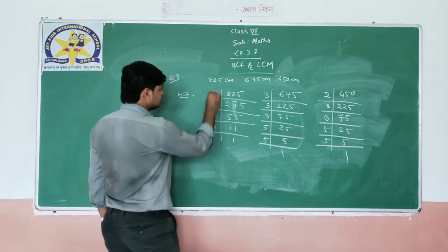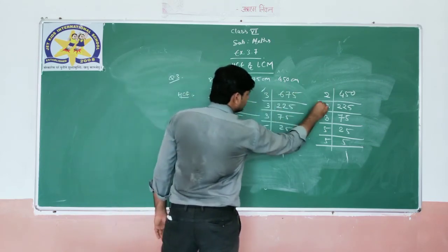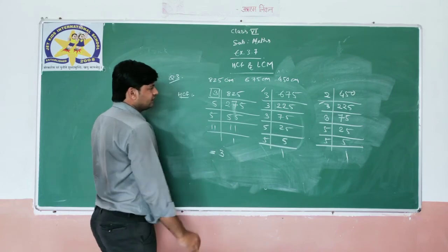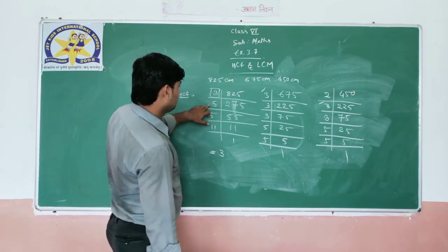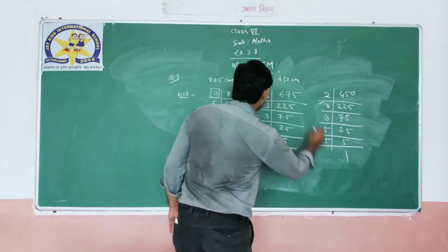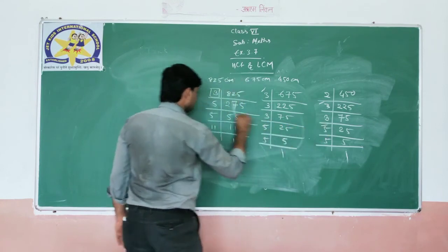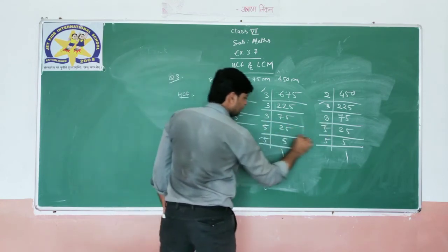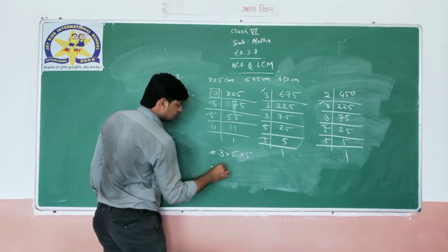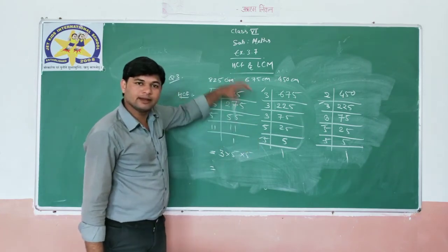Now, time for the HCF. 3 is common in all. 3, 3, 3. Okay, first 3 is done. Now 5, 5, 5: 2 times 5 only. Now the next 3 is not common. Okay, only 5, 5, 5: 2 times 5. Common things. Okay. Otherwise you can write in a similar manner and find out the common.